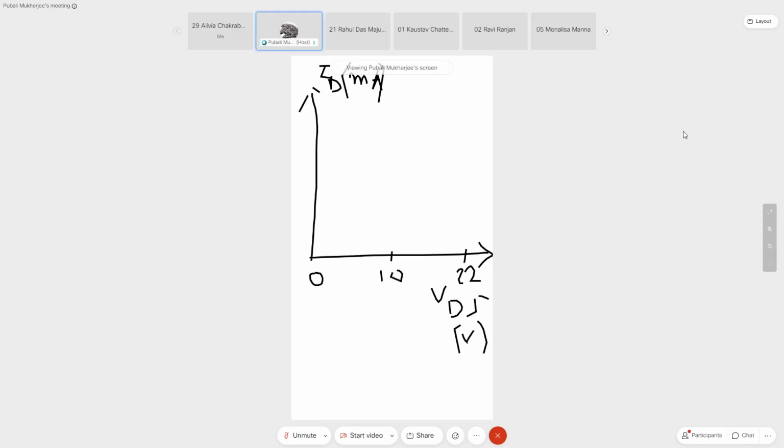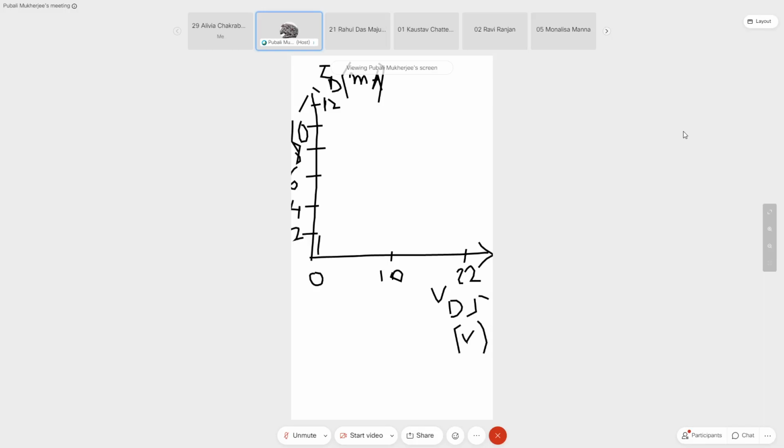This is 22 volts, and I need current up to 11, so I take up to 12 milliampere over here. 2, 4, 6, 8, 10, 12, and we have the output characteristic curve